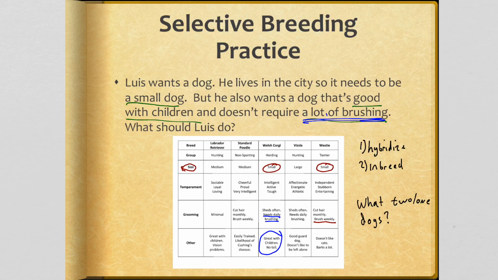So maybe what I want to do is mix the Corgi, because it's small and great with children, with the Westie, because it doesn't require a lot of brushing. And so maybe I can get a dog that has all three of these traits by mixing the two together. So my answer to this might be that I'm going to hybridize, and my two dogs will be the Corgi and the Westie,